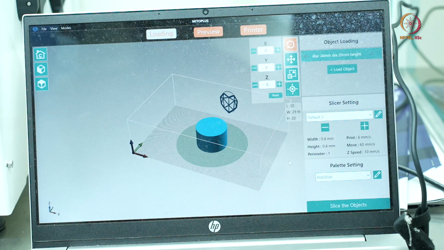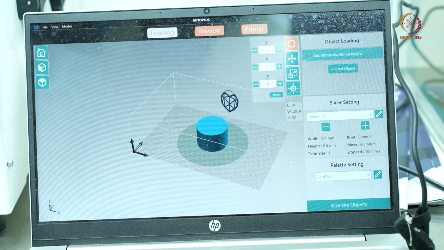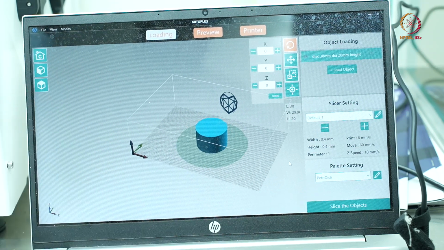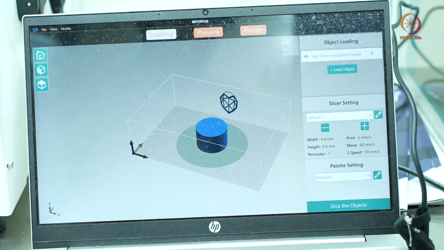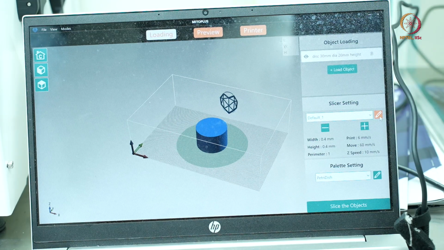Typical matrix structures are used for different types of biomedical applications, and hollow cylindrical structures are used mostly for nerve conduit applications. So this is the first landing page of this particular structure.